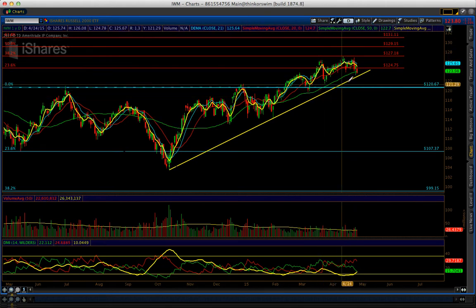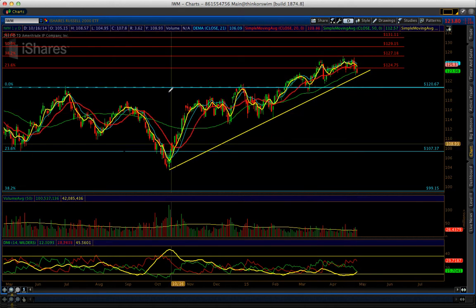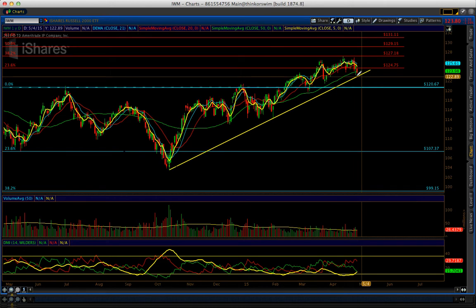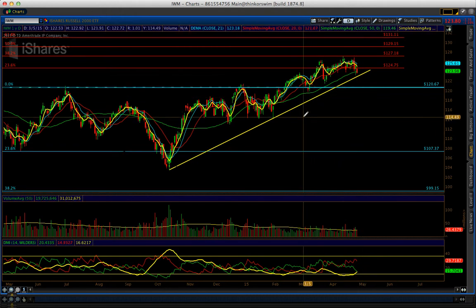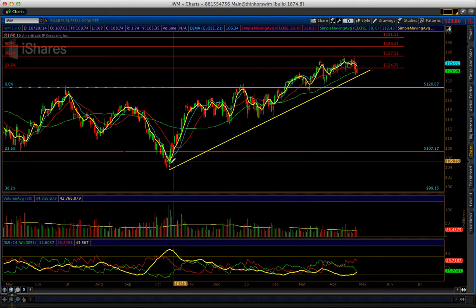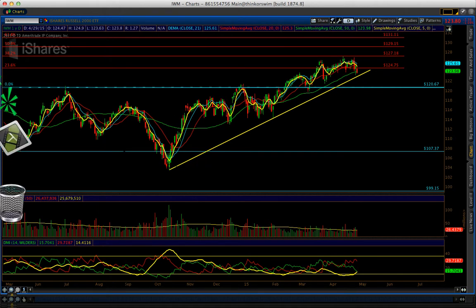Now I'm waiting to see if we break down right here because I'm going to enter short in this one also. So this is a very nice support right here. If you can trade here, get puts when it breaks down, it's going to be awesome. So let's see, there's some support at 120, there's some support at 114, and there is some support again at this low, which is October lows, 104. So let's see what happens.